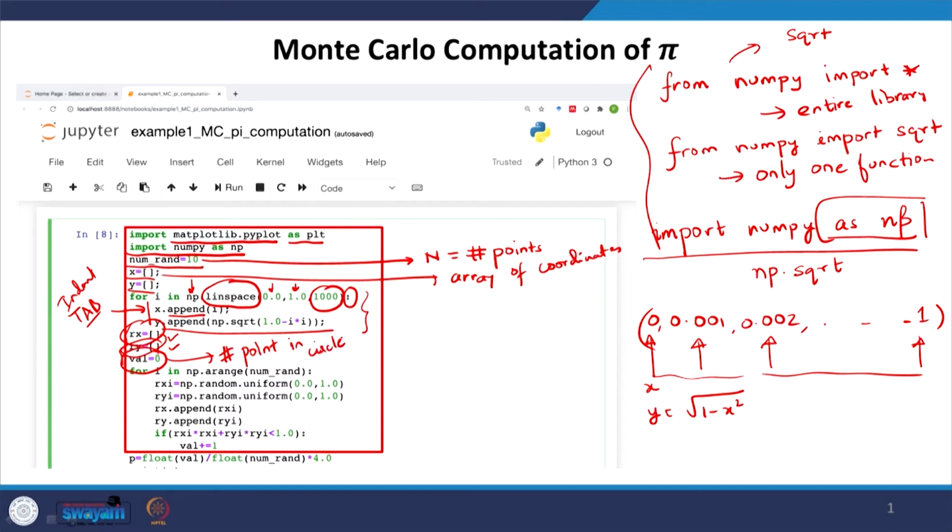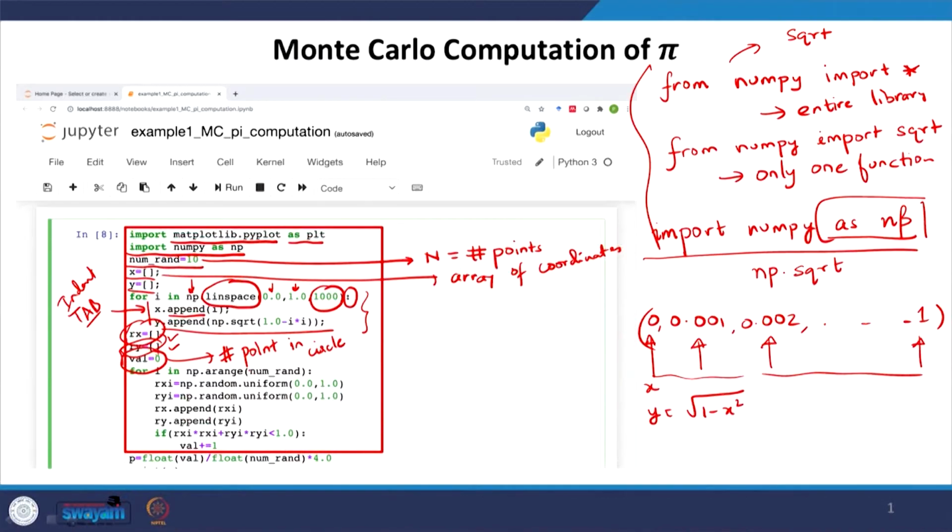So, before starting to generate the points, I set that to 0 just to initialize it, and now every time I find a new point in there, I will simply increment it by 1. That you will see in a minute. So, now I go in the for loop, that is where I am generating my points, and now I am generating for something like an arange of numbers.